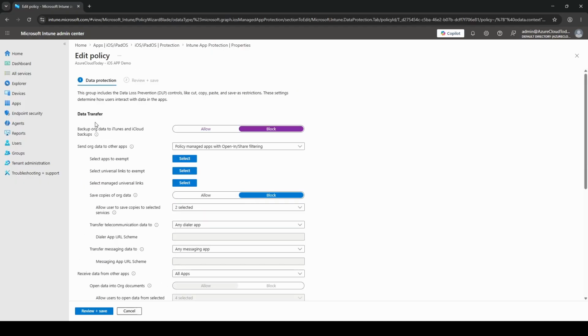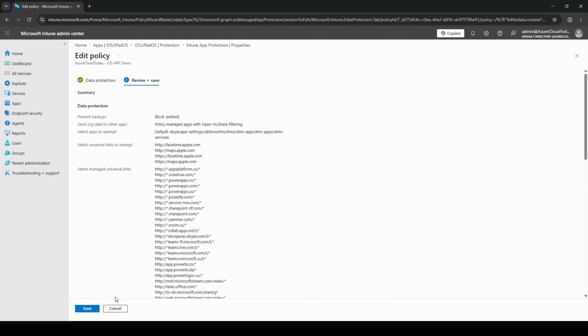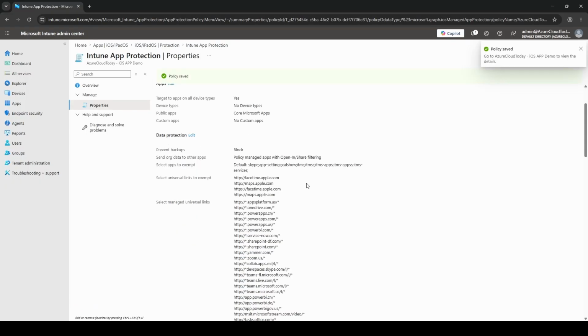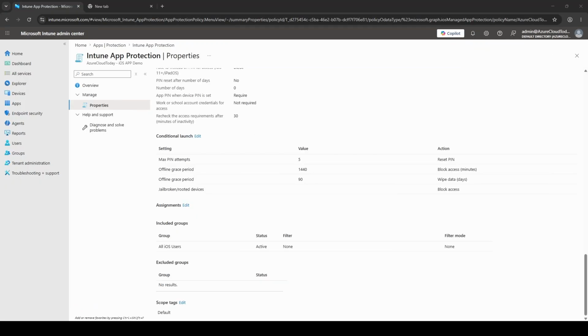As we have now set backup org data to iTunes and iCloud backups as block, let's click on review plus save. Now let's just click on save. Our policy has been saved. Please do note that an application protection policy is always assigned to a user group and never to a device